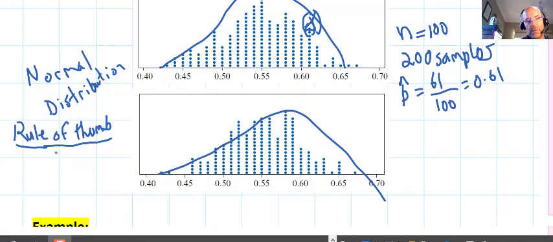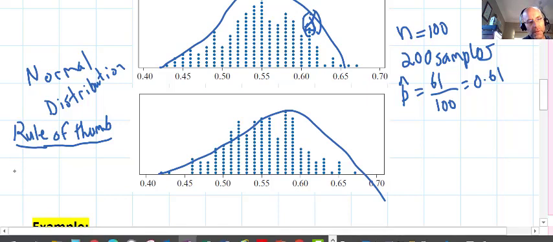Remember, you should have watched that last video or so that covered this, but the rule of thumb is if n times p and n times 1 minus p are both individually greater than 5, everything's okay. And so we can, for a situation similar to the data we're looking at here, what if we had for